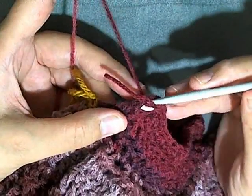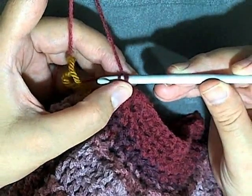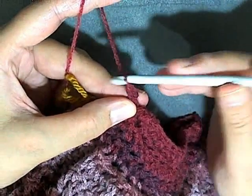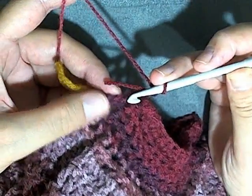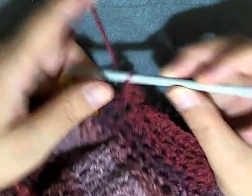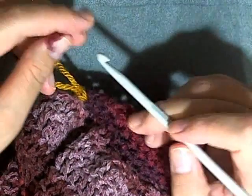And I'm going to pull up a loop, but I'm not going to slip stitch by putting that loop through my original loop. I'm just going to leave the loop on there and yarn over and pull through both loops, which gives me my first single crochet. Then I'm going to move down to the next side stitch. Again, we're working down the side of our bag. Actually, since we're not connected,